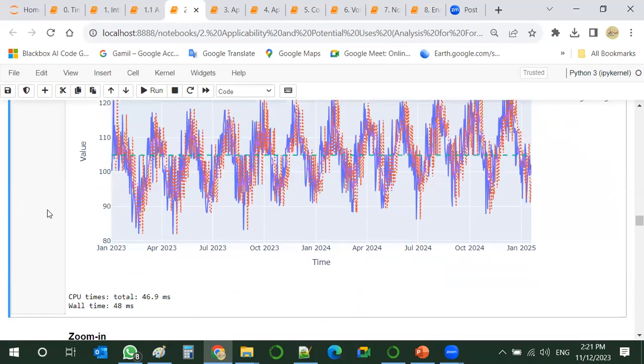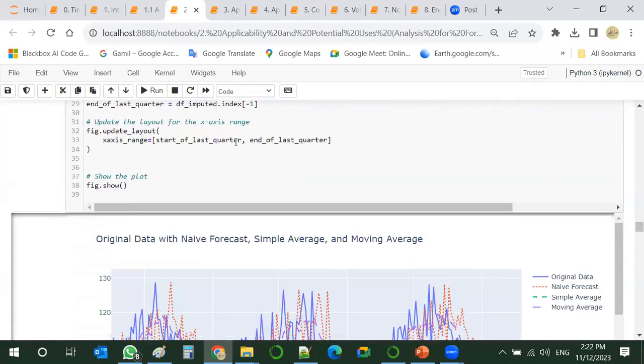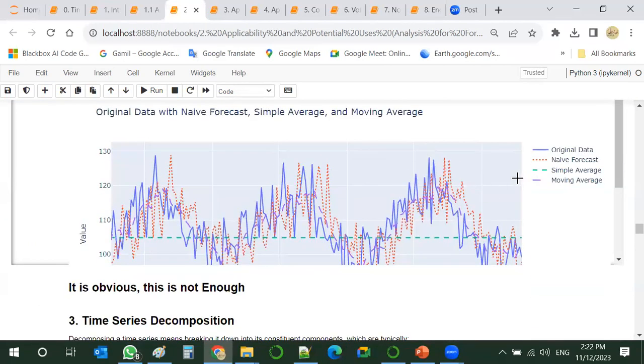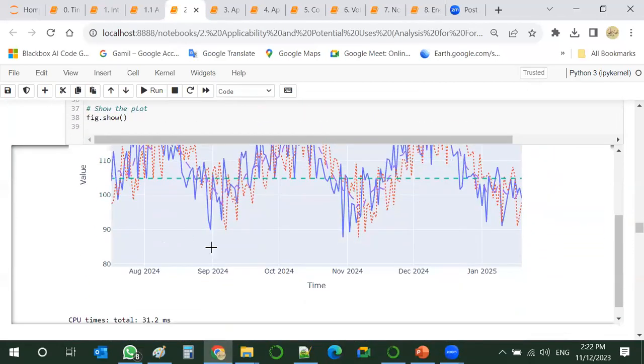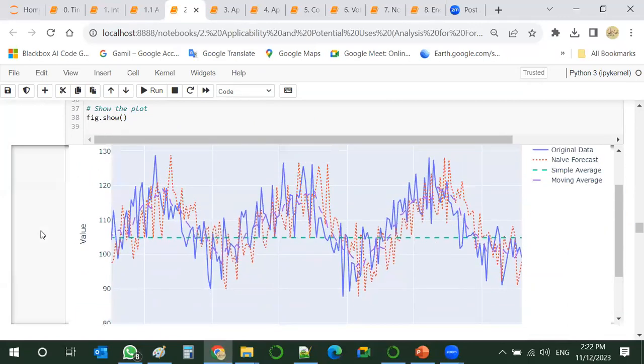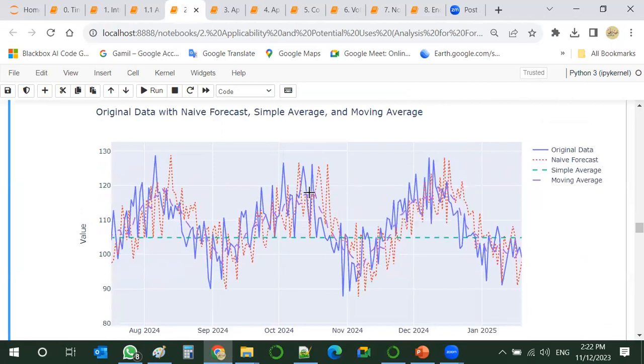So this is a zoom in on the same. We just plot this part, and here you can see clearly how they look, and you can notice the difference in performance between the different forecast methods.